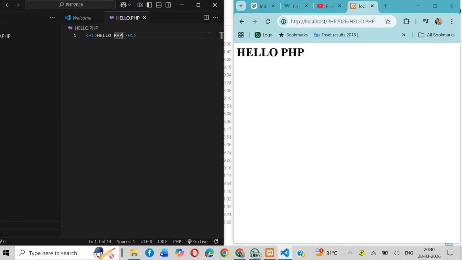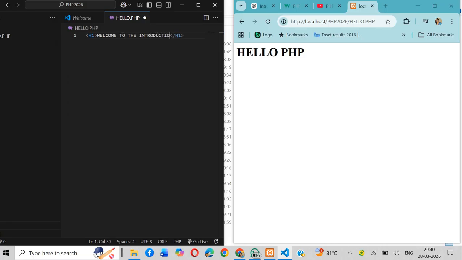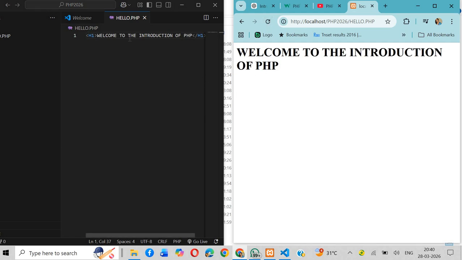So you can also change here as welcome, introduction class. So when I refresh here, it has to get refreshed. I'm just saving it here. So welcome to the introduction of PHP. This is how it shows the output that I'm writing inside the PHP. It has to be given inside